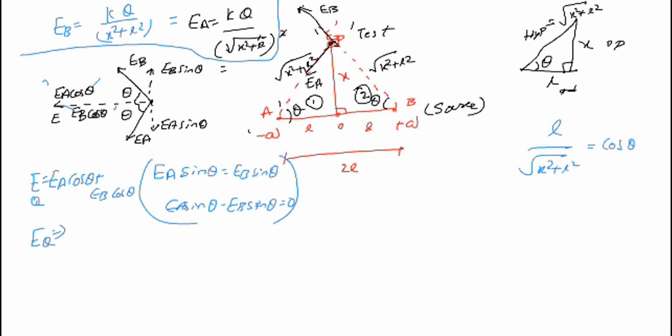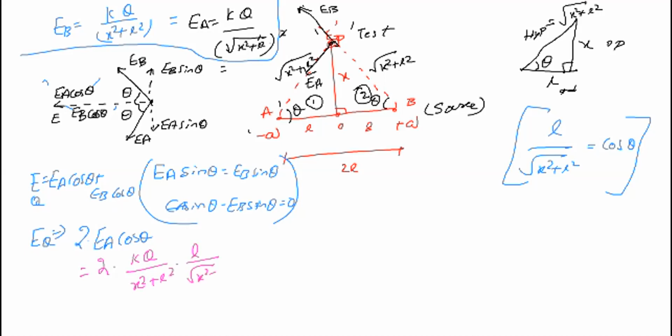Okay, ரெண்டு side இப்போ நான் பார்க்கும்போது first one right angle triangle இருக்கு, second one right angle triangle, both are having same sides, same distance னால cos theta ரெண்டுத்துக்கு same, angle theta ரெண்டுத்துக்கு same. So EA, EB ரெண்டு same. So what I'll do, நான் வந்து ரெண்டு add பண்ணிட்டேன். So I'm going to find the relation. Okay, so 2 times EA, which is nothing but KQ by x square plus L square into cos theta, and cos theta is nothing but L by square root of x square plus L square. So now direct relation, it is 2KQL by x square plus L square whole power